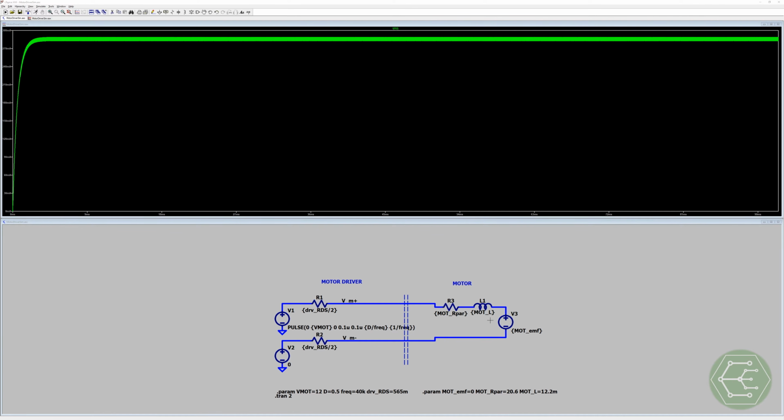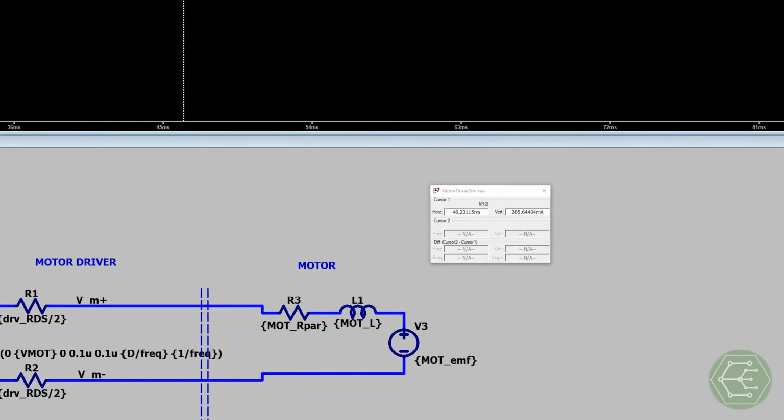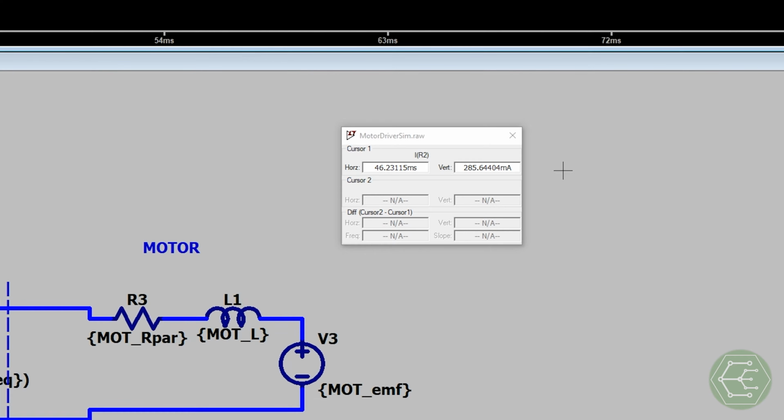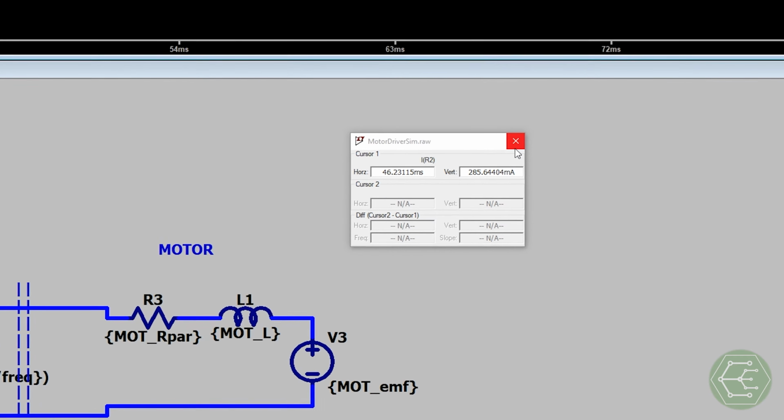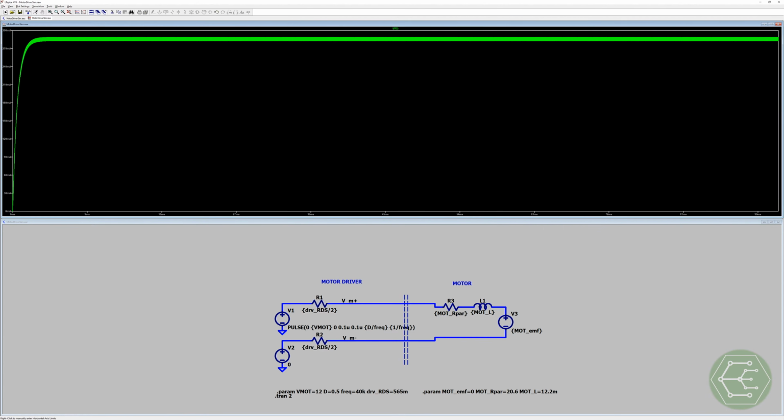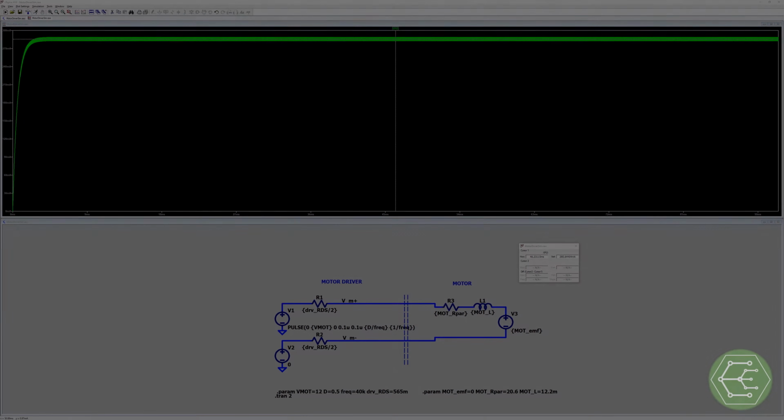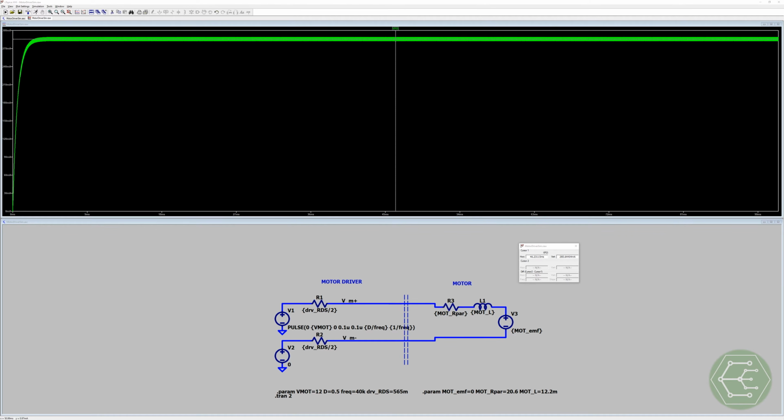Great. Based on the simulation, assuming there's no EMF, we would expect this motor to have a DC current of approximately 280 milliamps. I'm actually tempted to hook this up to a 12-volt source and test it, so I'm going to do exactly that. Okay, I did the measurement on the real motor, and I got a current of